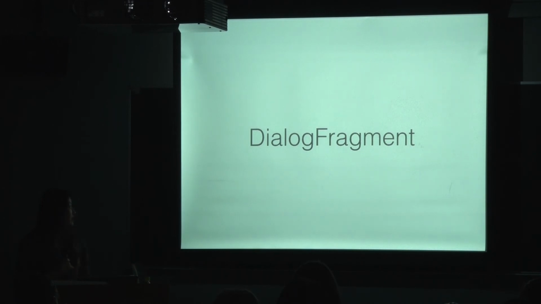So DialogFragment. Dialogs are windows that just float on top of the current window. They're typically used to display information that the user must interact with or acknowledge. The benefit of using dialog fragments over a dialog or an alert dialog that's not contained within a fragment is that we can be assured that our dialogs will obey the fragment's lifecycle state. This removes the need for us to manage the lifecycle ourselves.